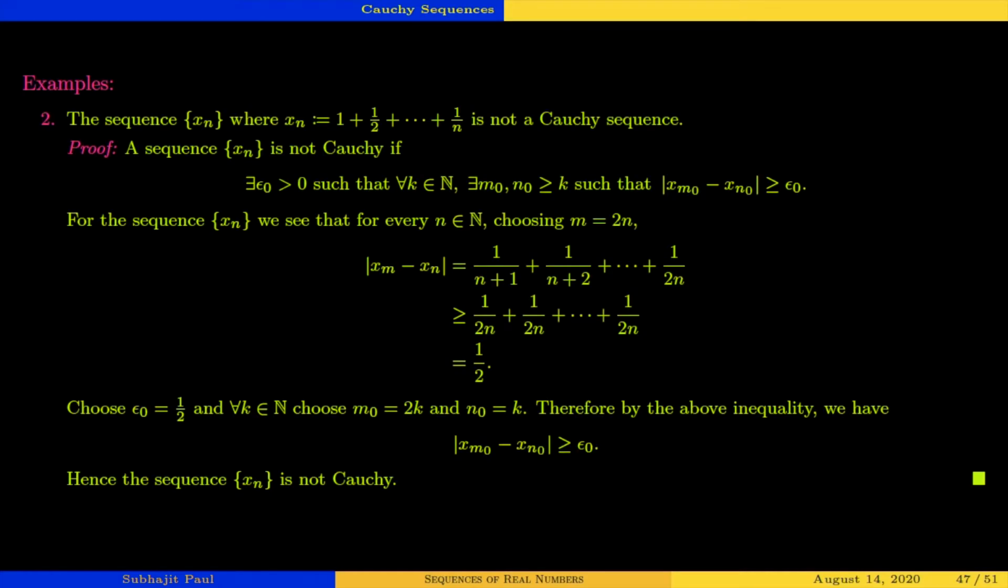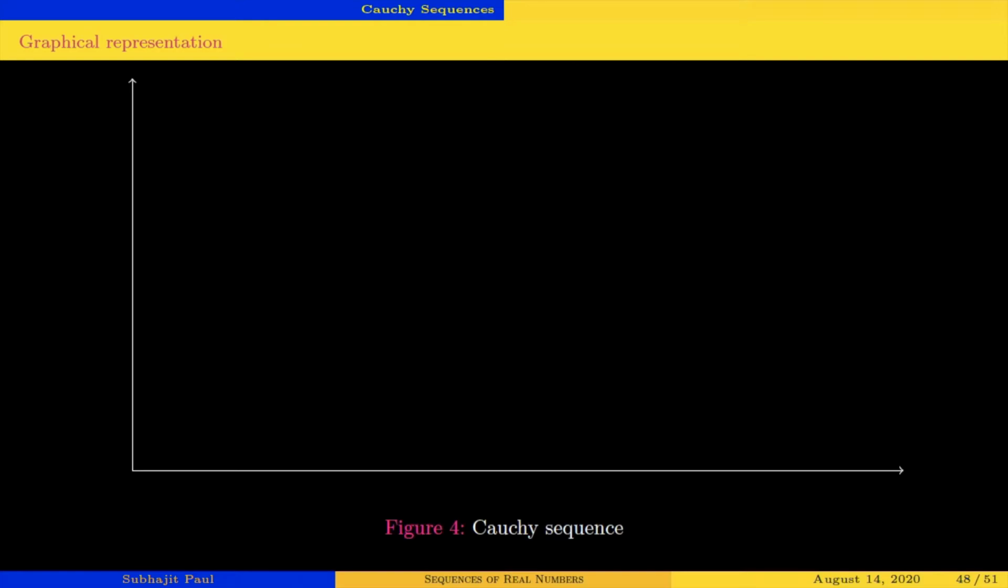So yesterday we finished by seeing that the sequence 1 plus a half plus and so on is not a Cauchy sequence. And I promised you that I'll show you some graphical representation of the Cauchy criteria, which was half baked yesterday. So today it is ready. Now, so this is